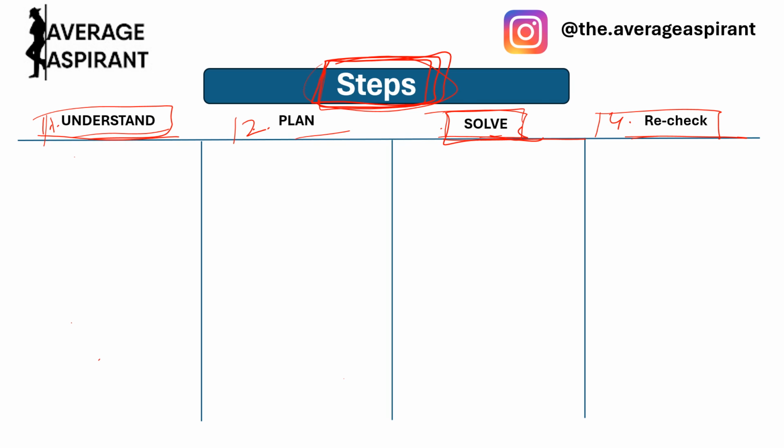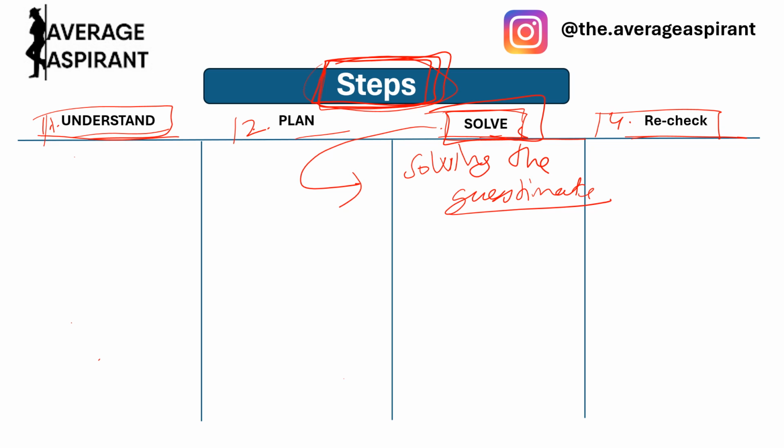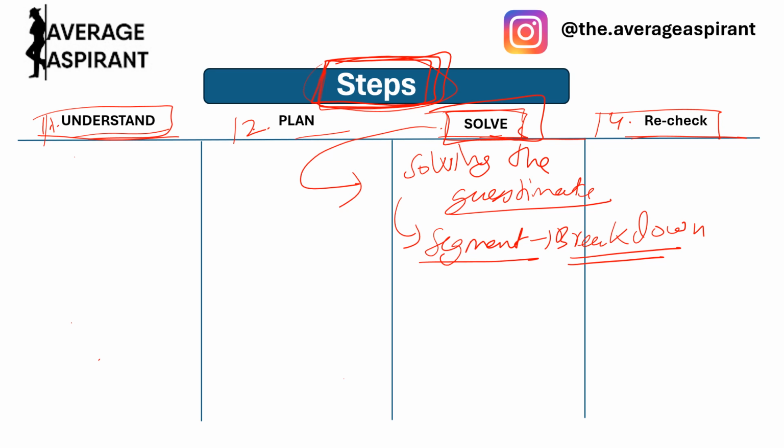Third, it's solving the guesstimate, right? After everything you do, you need to solve the guesstimate. How will you solve it? You need to segment things, break down things. We will see when we solve it how you break down, how you segment, right? Numbers